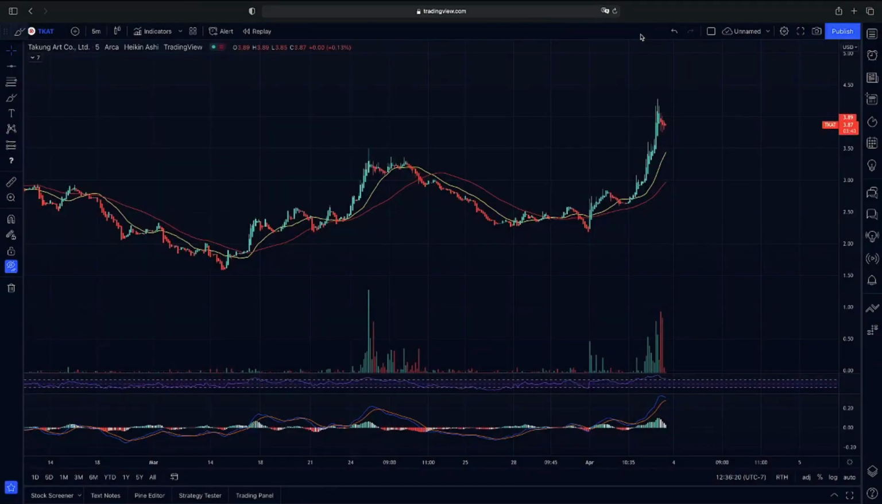I'm going to go over TKAT with you guys, an amazing breakout that we had yesterday in the Instables room. I'm going to go over exactly which level we're trying to break above to have more room to run to